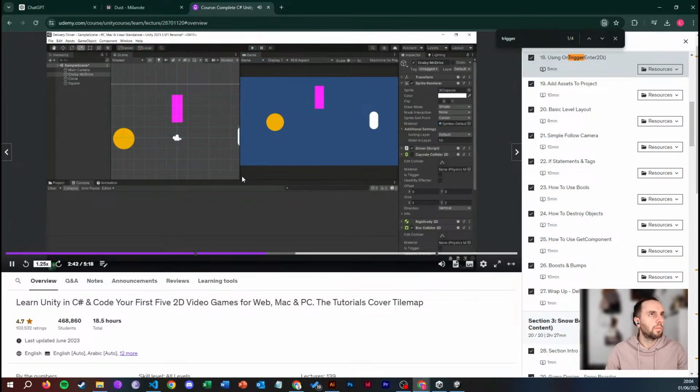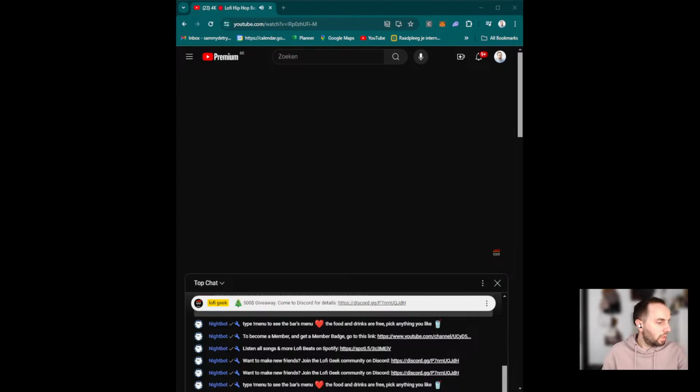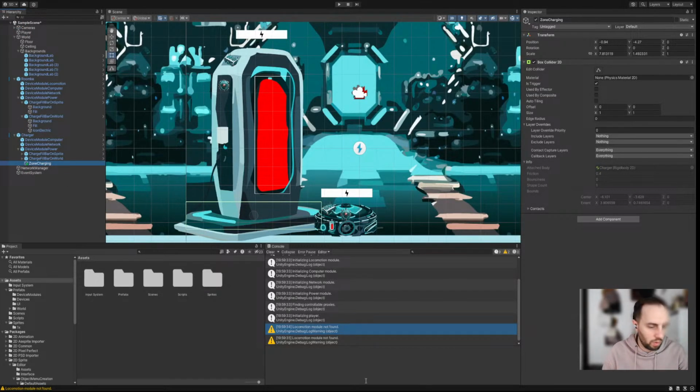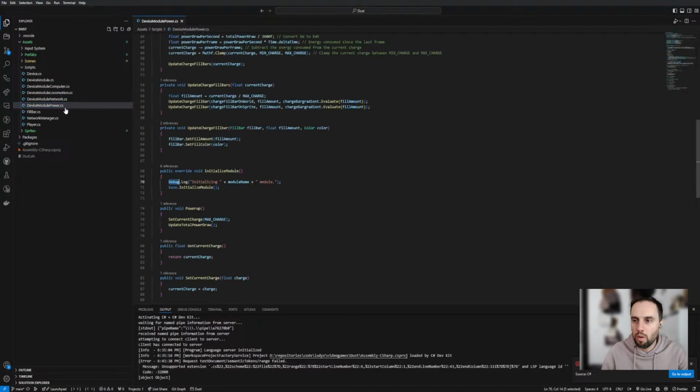What's the next step? Well, we need to jump into our script, into our collision.cs script. Similarly to the way we said on collision enter, we're going to use a new method, which is on trigger enter. Right, so the question is, where do we need to do this? So we need, let's go to the code. Not locomotion, our power thing. So our power thing,